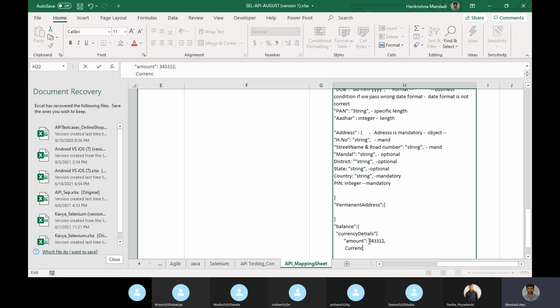Currency is like INR, right? Because people will have multiple currencies in the same bank account as well. Suppose HDFC is there internationally. Someone in the US, if they have Kotak or ICICI, they can have two currencies, one is INR, one is USD.